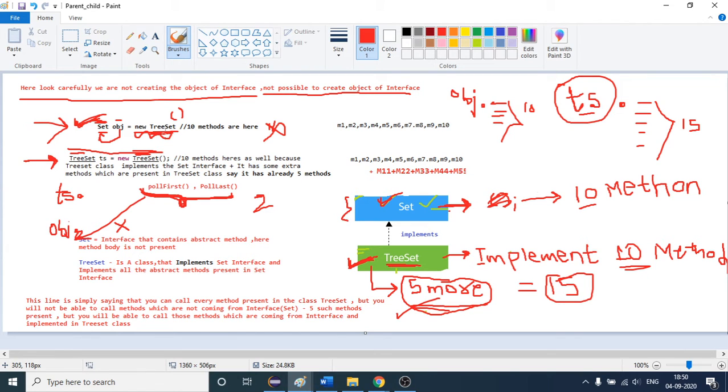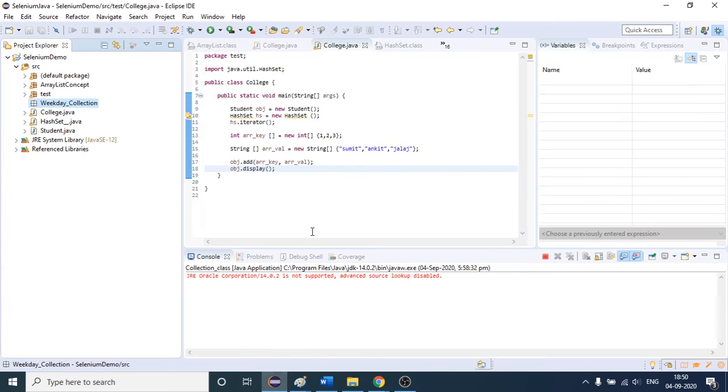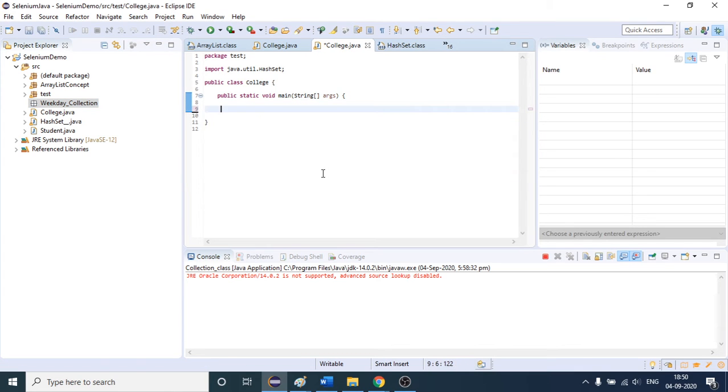So let me first come to the Eclipse editor, then I will show you these two methods, pollFirst and pollLast, and how the implementation will change. Suppose I write TreeSet ts equals to new TreeSet. Let me open my Eclipse editor and remove this.